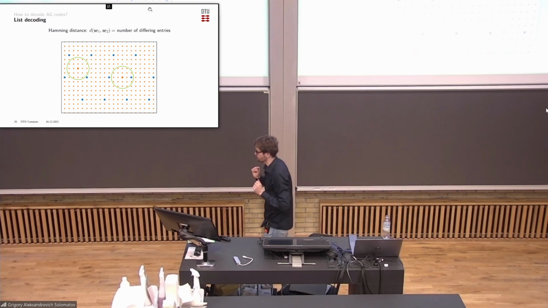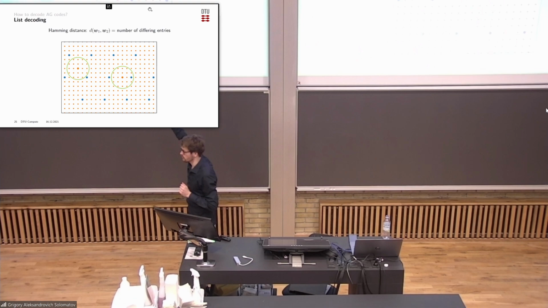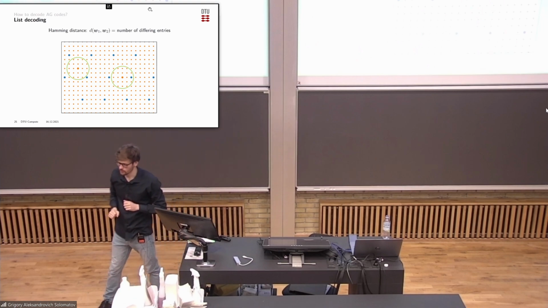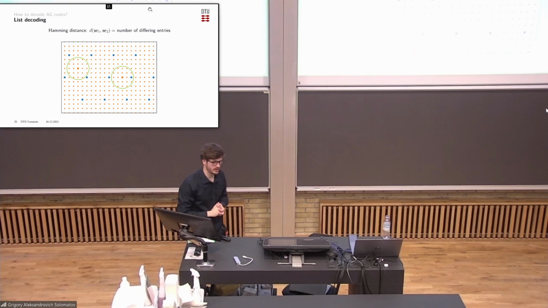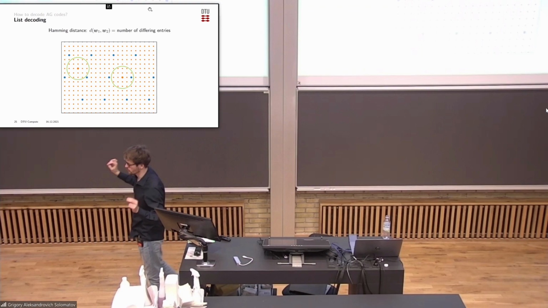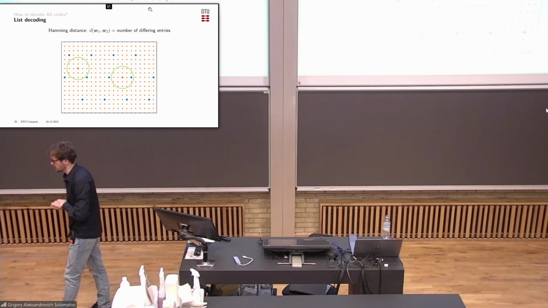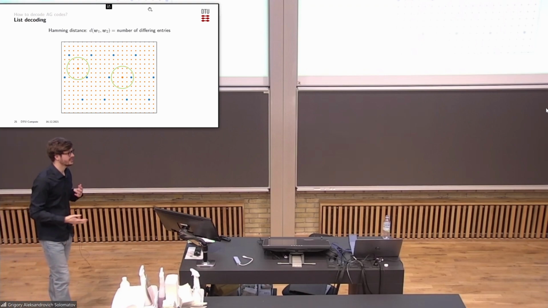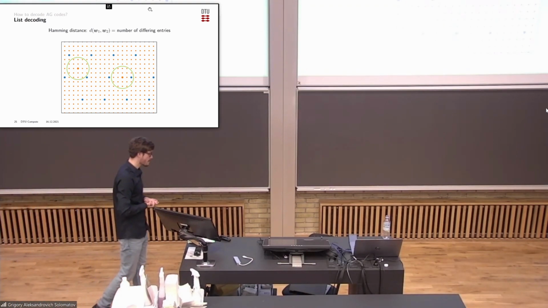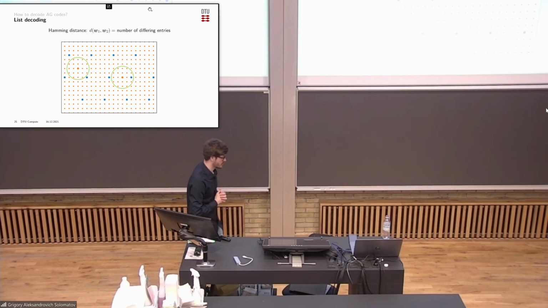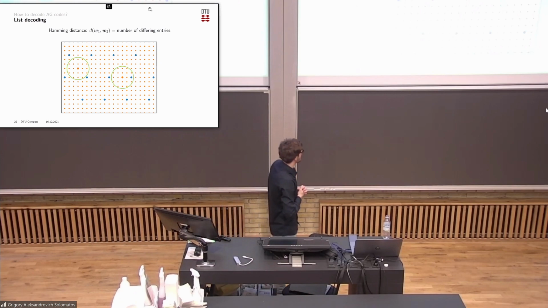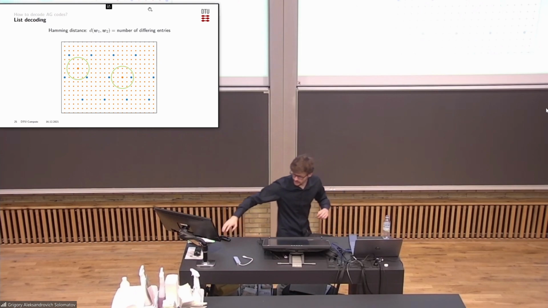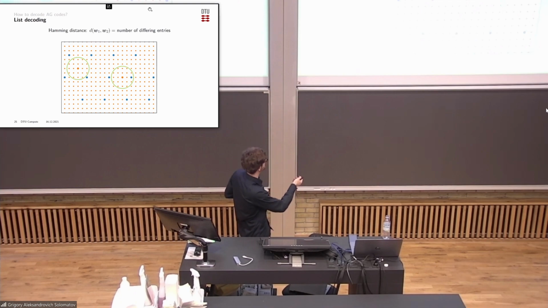Here, this is supposed to represent this larger space of all possible received words. So the blue dots, they represent the code words. They're supposed to be where the messages land, and they are far away from each other with respect to the Hamming distance, which is symbolically represented using the Euclidean distance on the slides. And the orange dots represent the possible received words. And so if you, for example, look at, I can even point, I've been told, at this one,